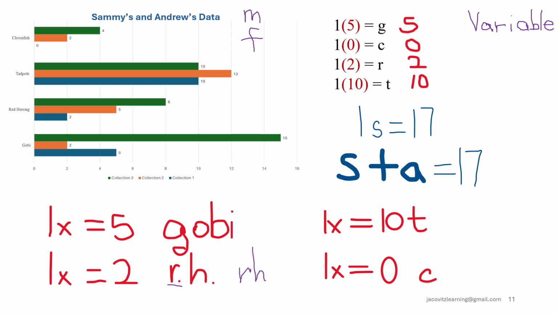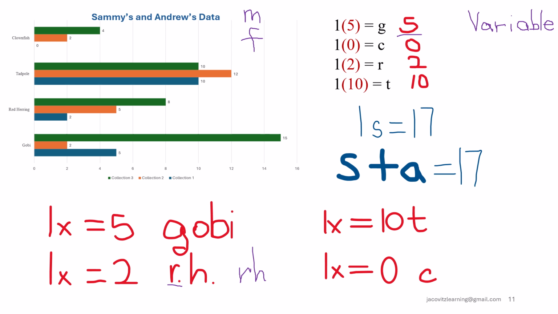I took the X off and I put 5. When you put brackets here, you're multiplying. So 1 times 5 equals 5. And I wanted to keep the G here so you know it's 5 goby fish. 1 times 0 is 0. 1 times 2 is 2. And 1 times 10 is 10. So you have all the fish collected, right? Goby, red herring, and I put R for red herring, tadpole, T, and C is clownfish,